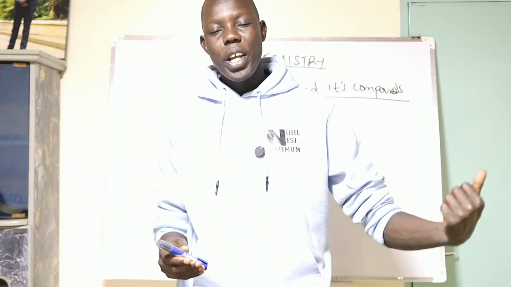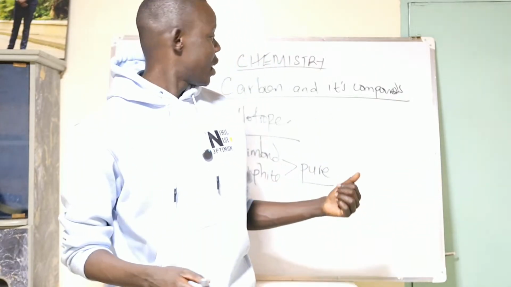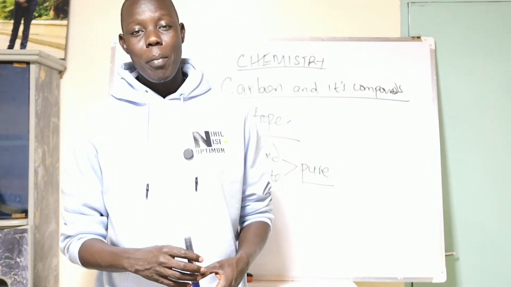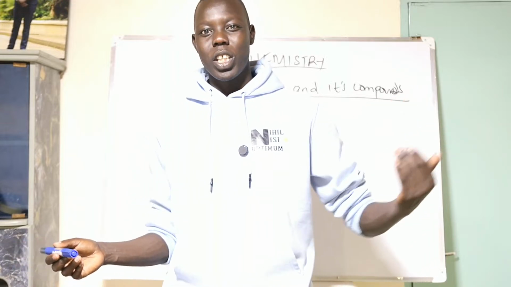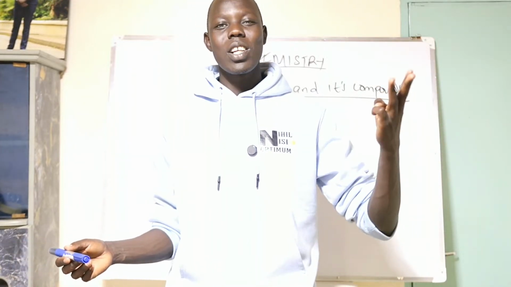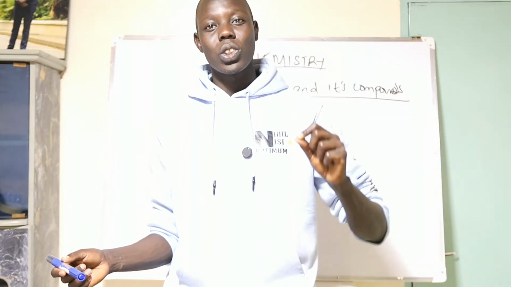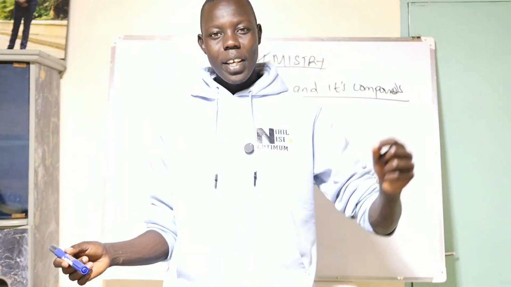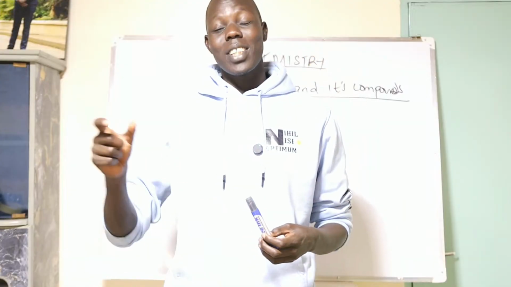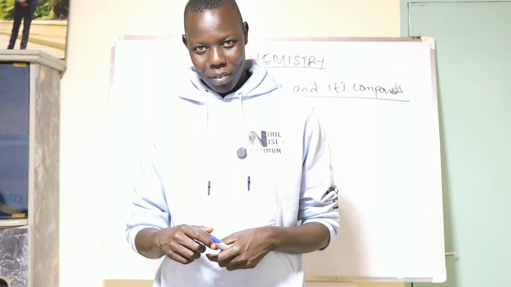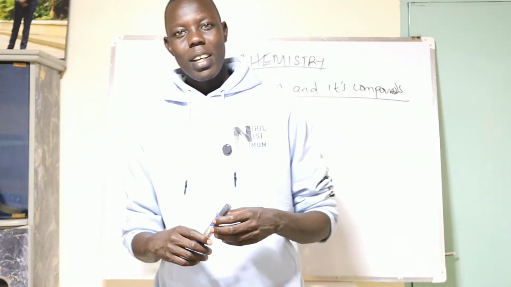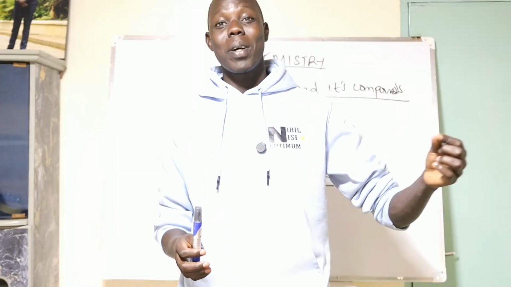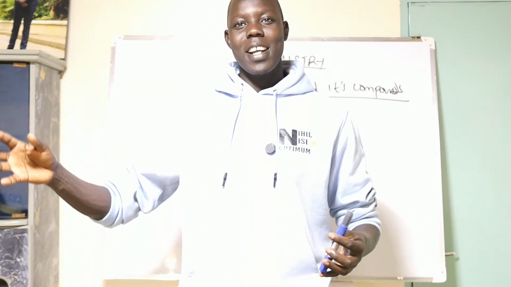In fact, what we are going to discuss and spend much of our time on is diamond and graphite. Just to share with you one difference between the 2: diamond is a non-conductor. We call it an insulator. It does not allow electrons to pass through, or it does not conduct electric current. Graphite will do so. I'm just starting from there. That is my pickup line. Diamond does not allow electric current to pass through. Graphite allows electric current to pass through.